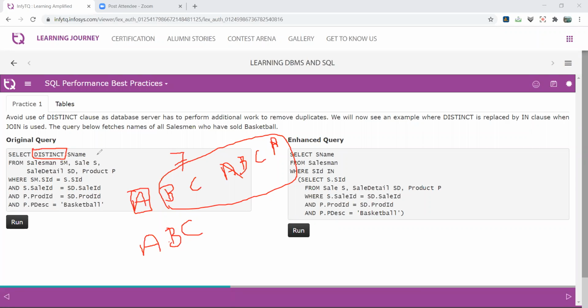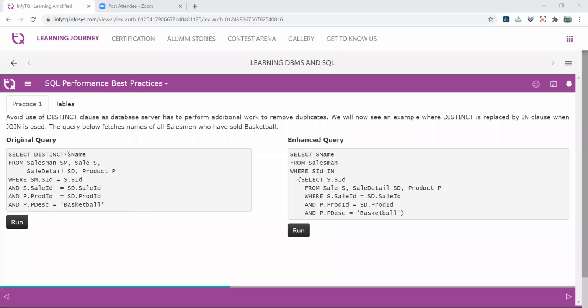So in this query, first the join takes time and the second part, DISTINCT, takes time, right? How to optimize this query? Two different parts: first is the join and second is DISTINCT. So we take care of both parts one by one. We check S name. S name comes from a single table, right? If the output comes from a single table, then we use a nested query, right? Is that clear? So in this query we use some part as a nested query and the remaining part as a join, right? Clear? That is one thing.